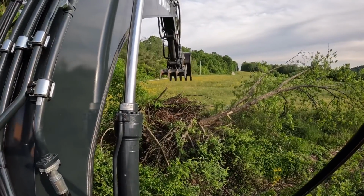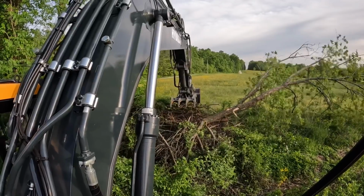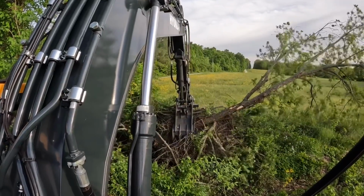Obviously it costs me more to haul this machine here. I need a permit, and it burns more fuel in the semi. When it's on the job, it's going to burn at least